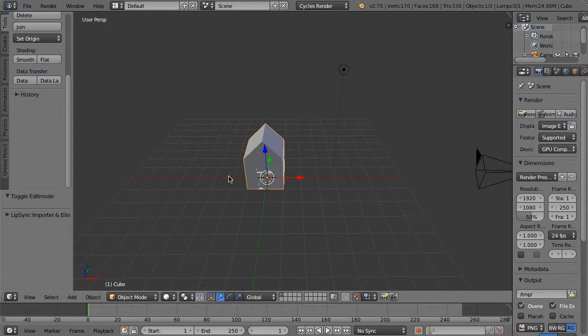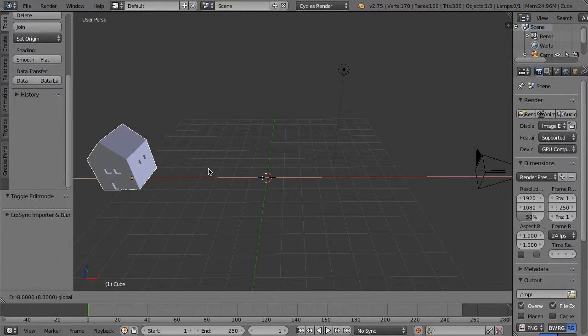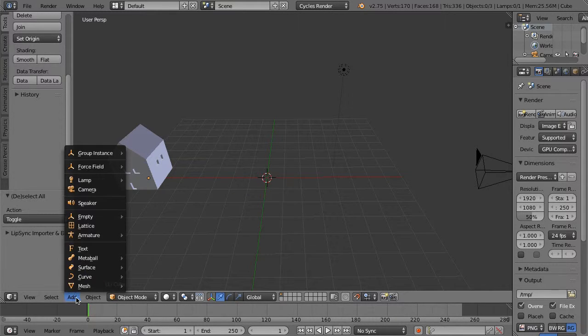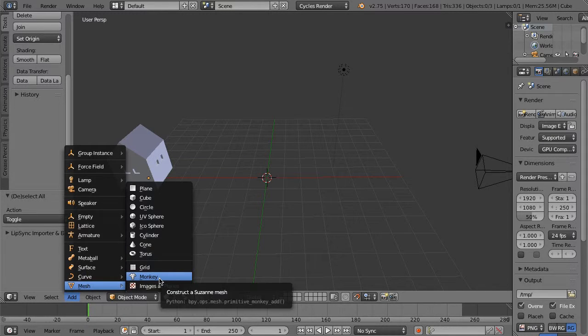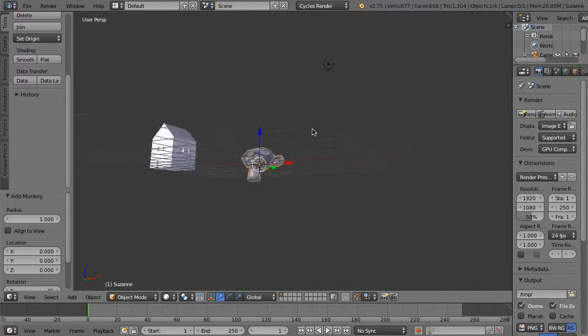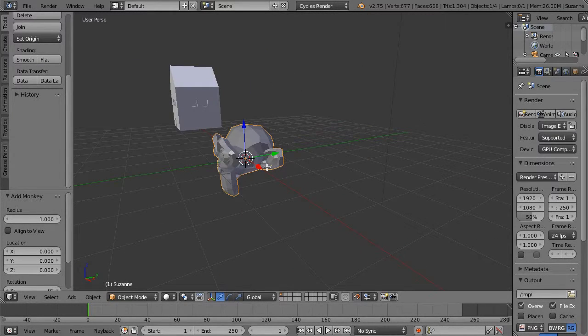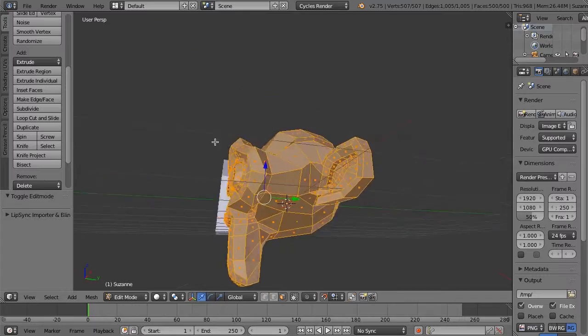Now you can also expand this to be done on a variety of other objects. One of them is the Suzanne. I've kind of just pushed that house over there so that we can keep that if we want to. So we're going to just hit Shift A, which you can also do just the add menu, and then mesh, and then we're going to select the monkey. So there we go. Now we've got a monkey, and we're just going to pop into edit mode. You can see everything is selected there,